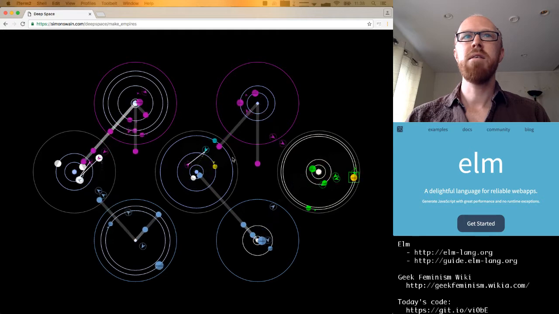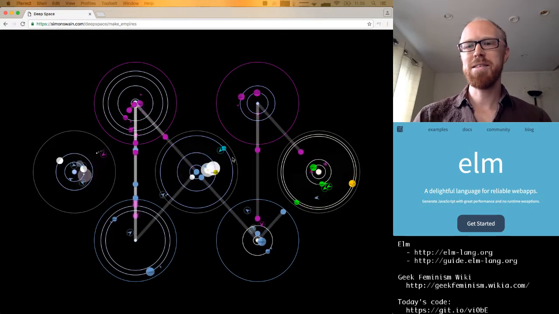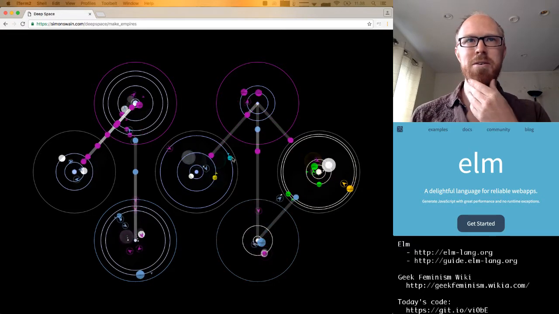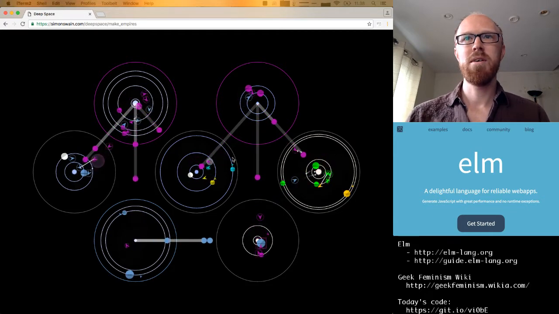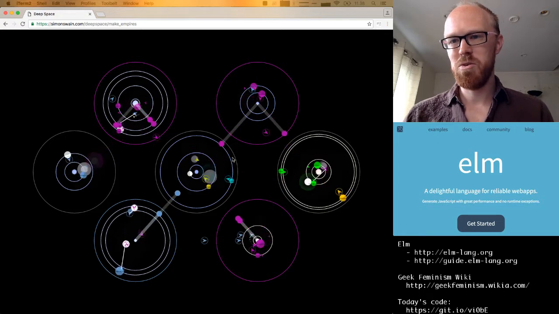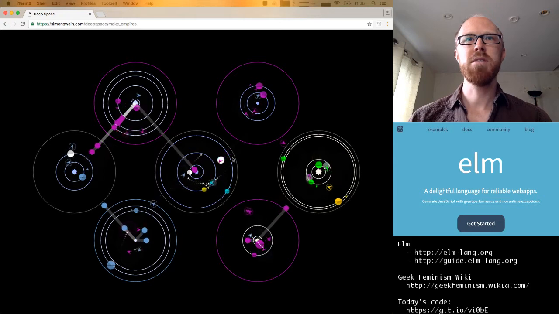So that's kind of the inspiration. I've been realizing this is maybe a huge project. Simon spent, I don't know how many hours and hours building this whole thing, which is way more than we're going to spend today. I've got maybe 2.5 hours in me today. But let's see what we can do.